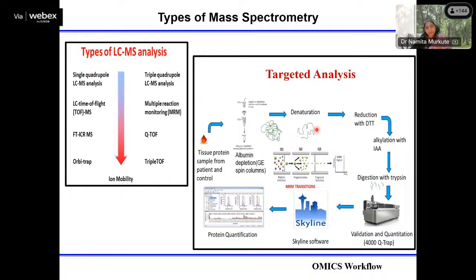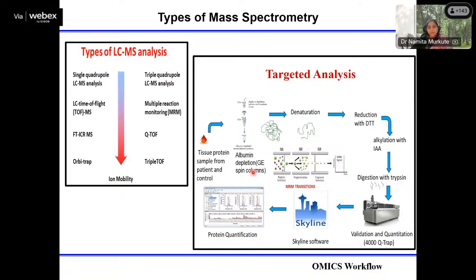So then you have to denature the proteins by using trypsin enzyme, and then you get the peptides. These peptides go through different alkylation and reduction methods, and then they are subjected to the triple quadrupole machine. So this is the triple quadrupole machine. In this triple quadrupole machine, there are three quadrupoles, meaning three electrodes are present, Q1, Q2 and